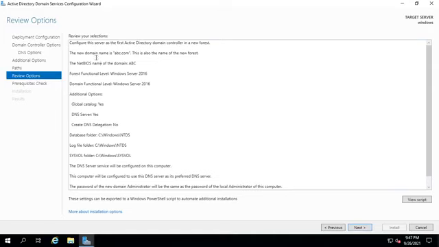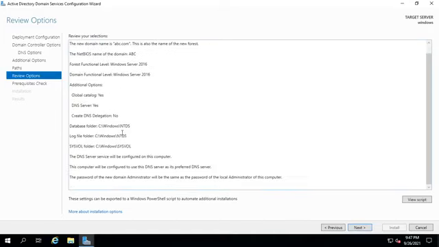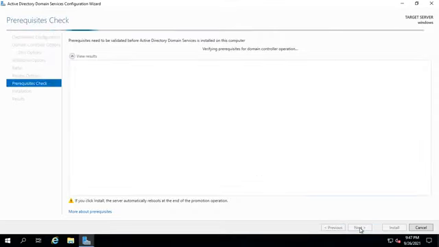So this is the review of your selections. Check one time and next. Now verifying prerequisites for the domain controller, which means domain services.